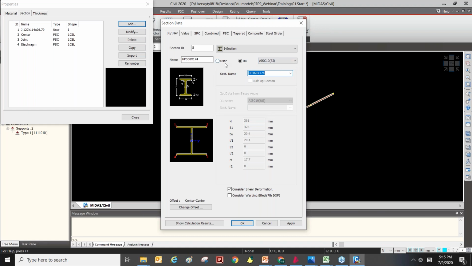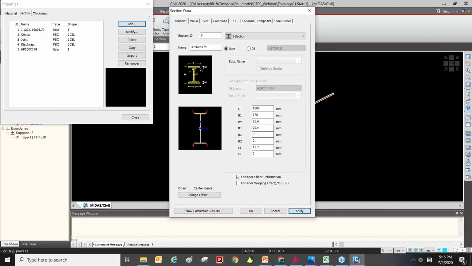Or if you do not want to use the database section, you just select the user type and put your own value to define the section like this. And then after entering the dimension of the section, you can see the section properties.